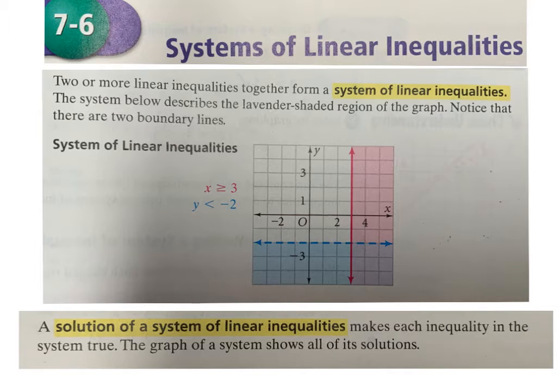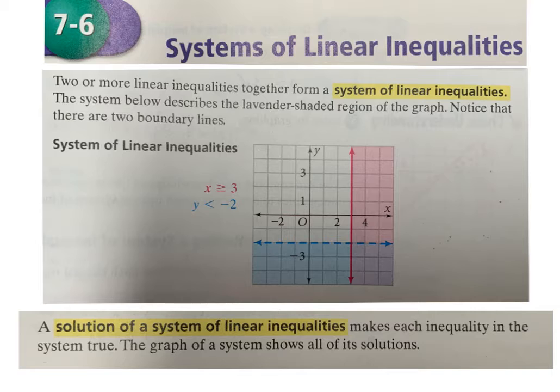So just like we've done systems of linear equations, we're doing systems of linear inequalities. With systems of linear inequalities, it's just like systems of equations. When we solve by graphing with lines, we just graphed each line individually. Wherever they cross, that is the answer. So for systems of linear inequalities, we are going to graph them, and wherever the shading crosses, that whole